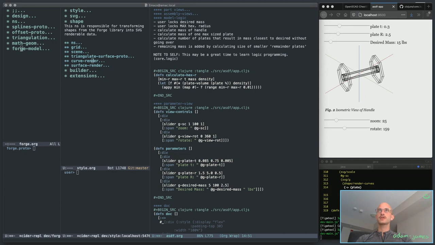You have to take the minimum of math/absolute of subtract the function minus desired mass. So now if you do the min of that, you should get